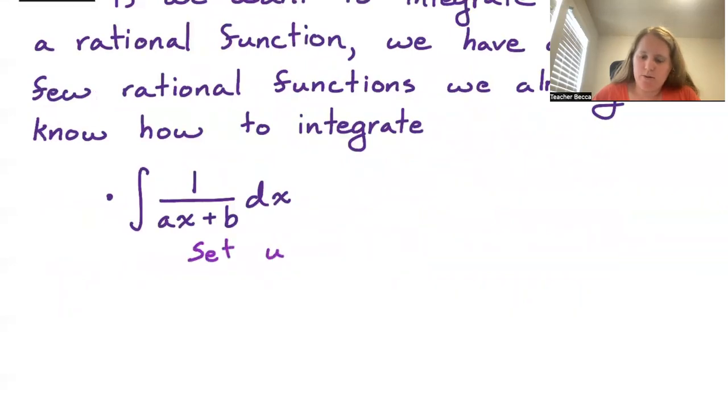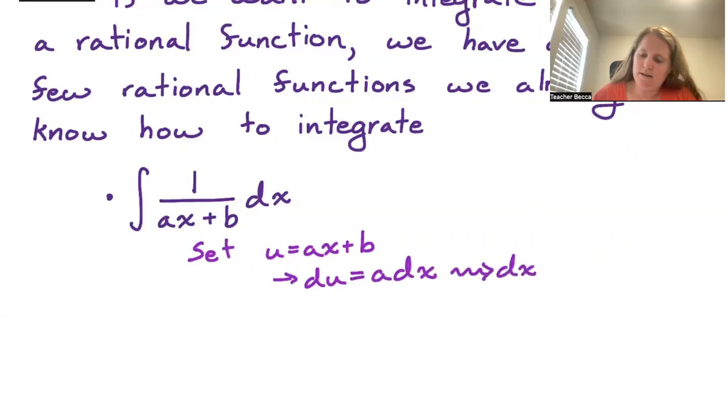But if we set u equal to ax plus b, then we have du is a dx, which means that dx is 1 over a du. And so we wind up getting that this integral is the integral of 1 over u times 1 over a du,